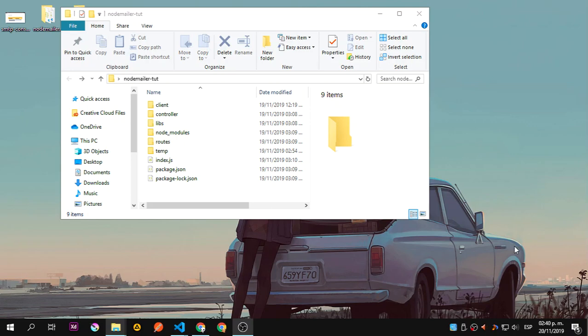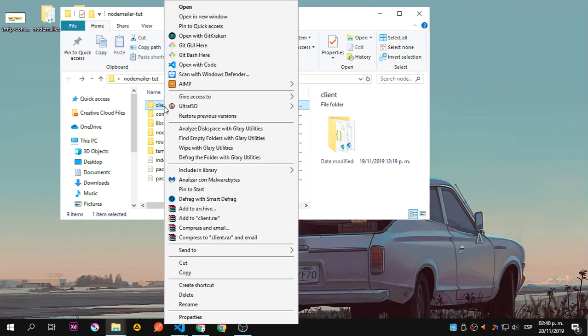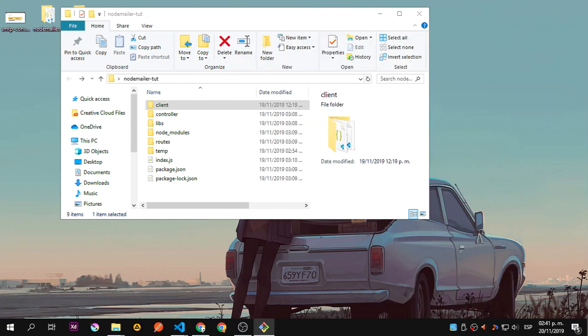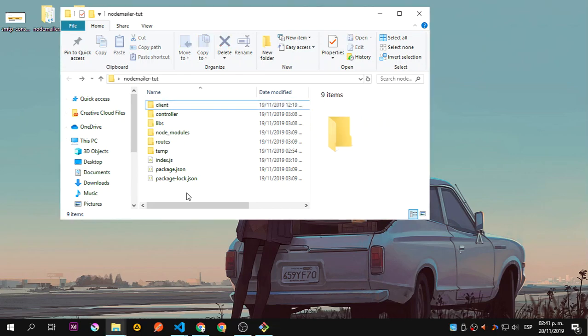Hey guys, so back again and let's continue with the project NodeMailer and React. So today is a new day, okay? I recorded the first two parts yesterday, so I'm starting the React client. So let's say npm start on that folder, move this out of the way, and inside this,